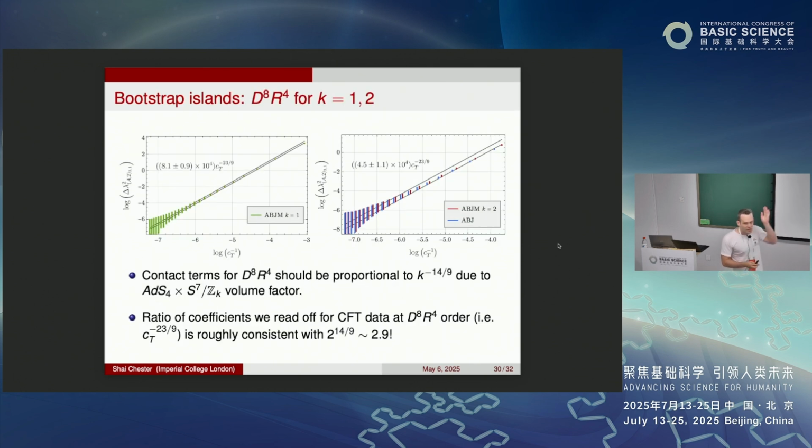So Tsung-Xiao raises an excellent point, which is that right now we are computing the contribution of D^8 R^4 to a specific CFT data. Now, say we want to know what D^8 R^4 is in flat space, for the 11-dimensional M theory S-matrix. So there is a way of going from graviton scattering in AdS to flat space. There's this flat space limit derived by Penedones. And so the idea, which was first worked out by me, Shai, and Silviu in a paper 8 years ago, is that you first compute the AdS scattering, and then you take the flat space limit, and that teaches you about flat space scattering. And so in order to fix the full D^8 R^4